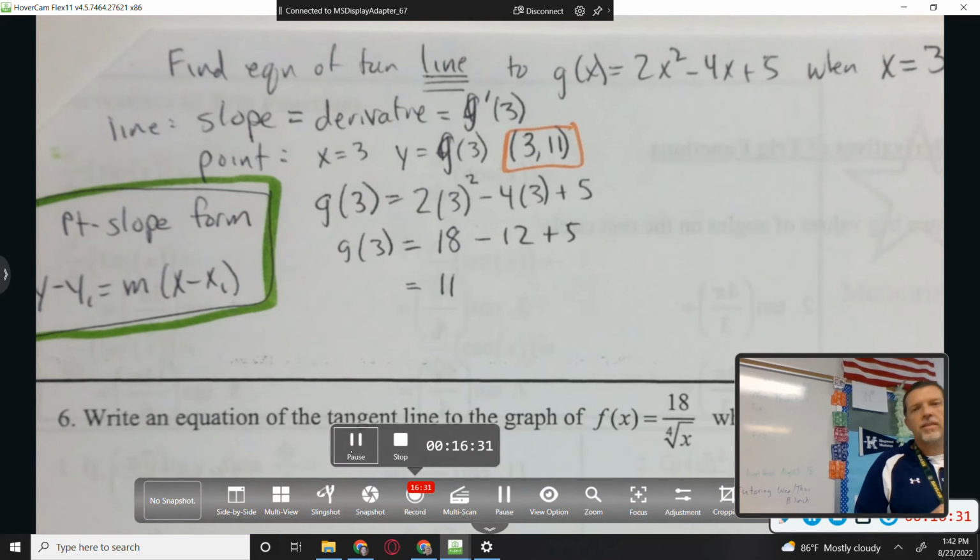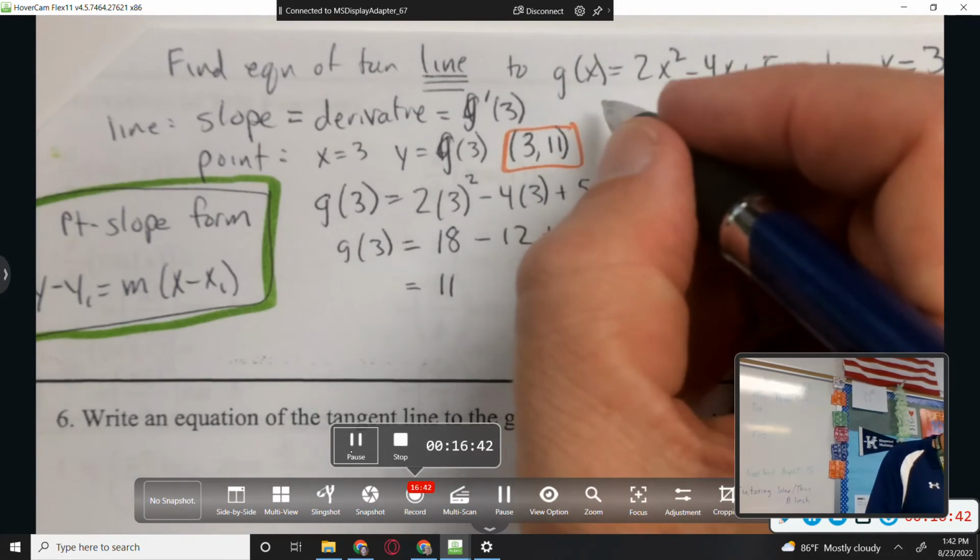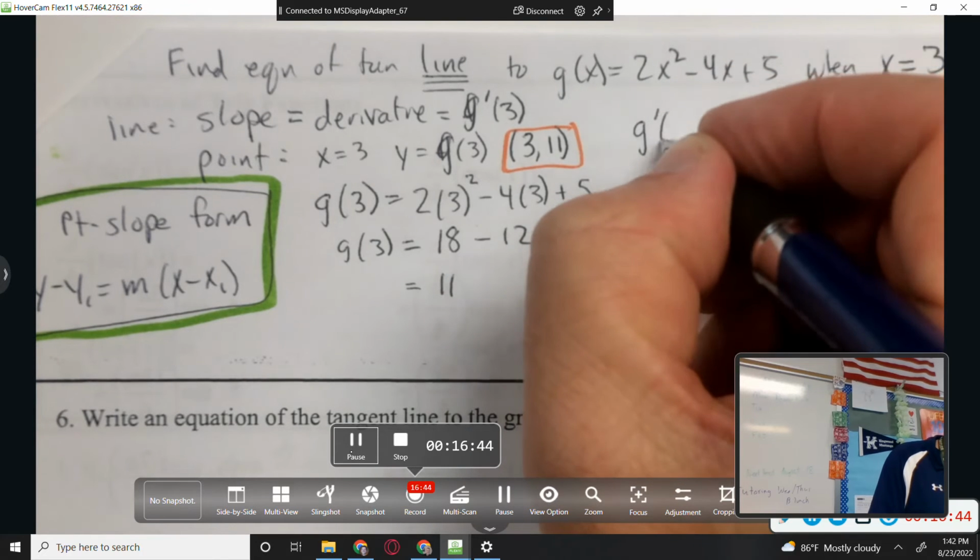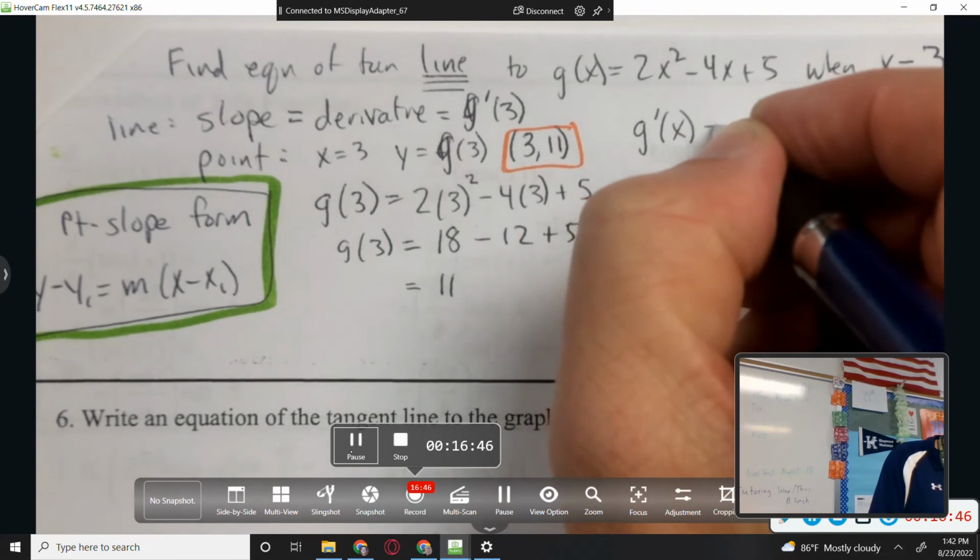That's not my answer yet, so it's not like the final box thing, but that's a big chunk of what I need. The other piece that I need is the slope at 3. So g prime then,